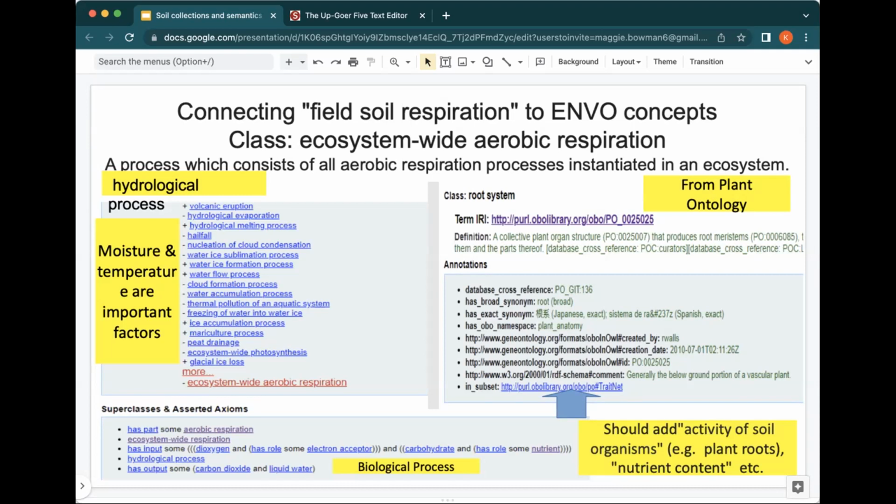So this slide also contains, and it looks a little bit small, at least on my screen here, some information. You see again the axioms in terms of parts, its subtype, and has input and has output. So those inputs and outputs are very interesting. You can see how the axioms are formed here. But if we include something like the biological process, we'd add more axioms. We should add things like the activity of soil organisms. And that takes us to something that Envo doesn't really have much detail on, but part of the OBO Foundry, the plant ontology, does have, as you see above. It includes a fair amount of information, and it would be a start. So that way, as Pier mentioned, we would be linking Envo with other ontologies to support it, as is reflected in this diagram. Okay, that does it for me.